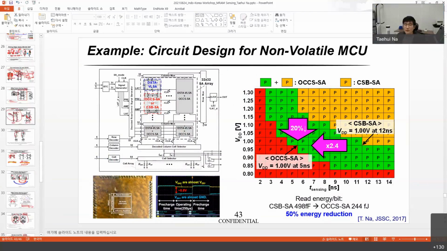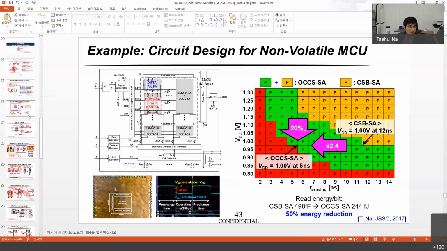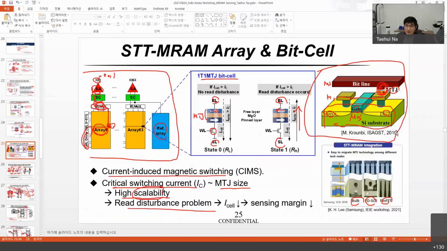Of course, it's not possible to fix the sensing margin, because to simplify the explanation, I ignored almost all other parameters, such as the parasitic resistance and parasitic capacitance, and also the process variations of the transistor. For example, if we look at this one transistor, one MTJ cell, to achieve the 30 millivolt sensing margin, we have to ignore this transistor,